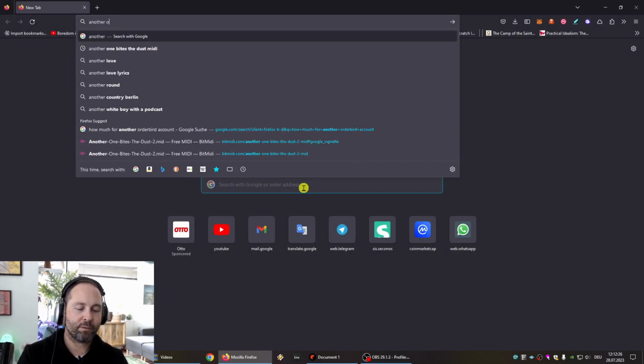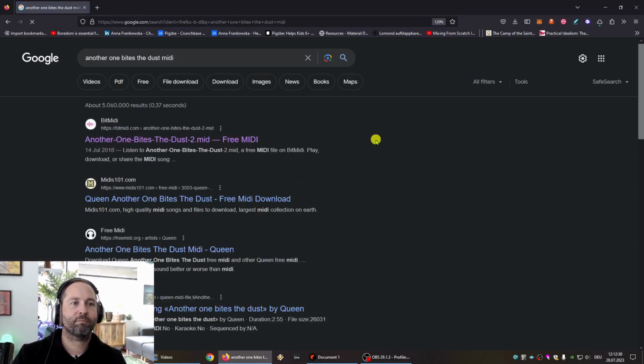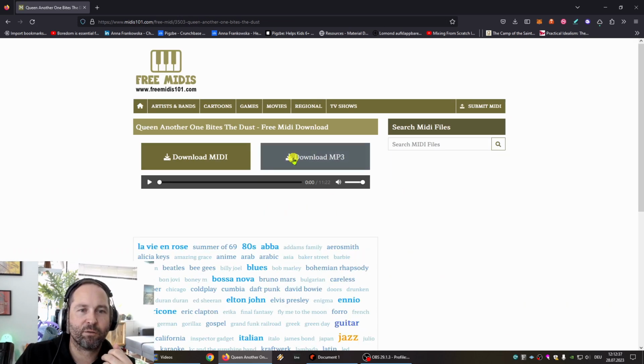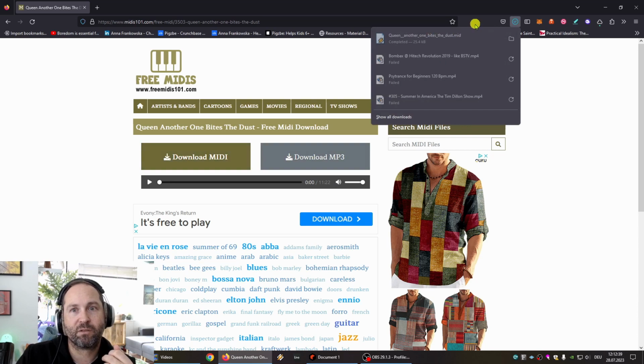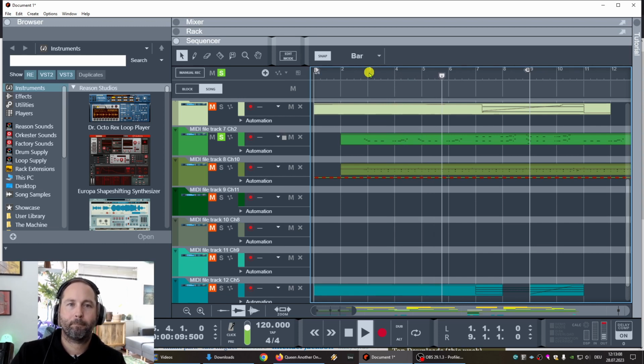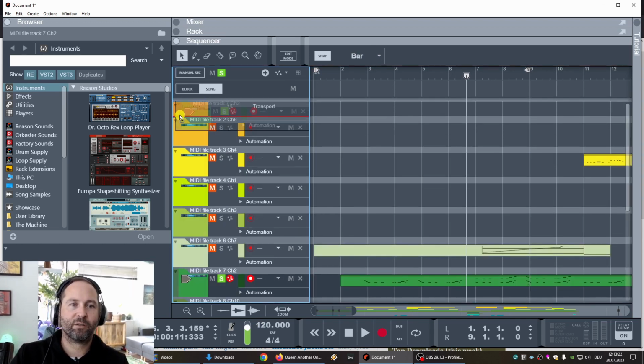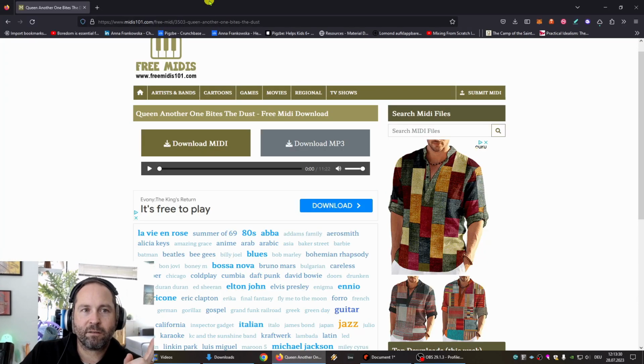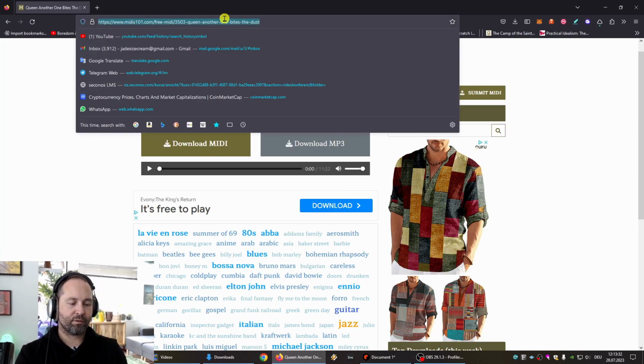So, say another one bites the dust MIDI, and I already downloaded one file, but maybe let me just download one more in case the other one sucks. Hey, it's a cool bass line. Okay, so I drag it to the top, and I'm at bassline, and I had another idea of going onto